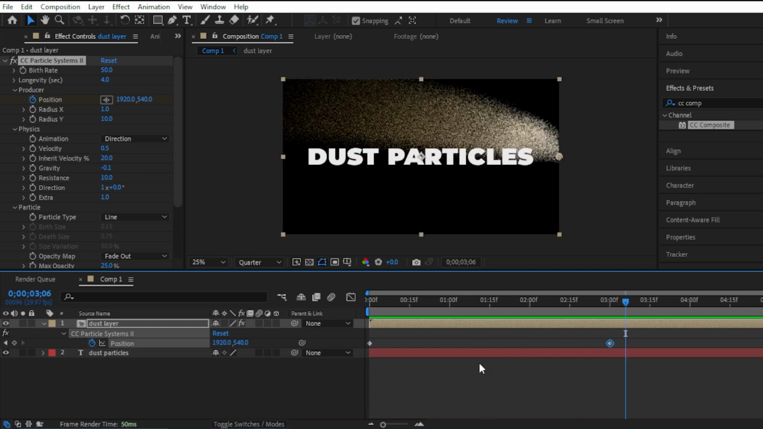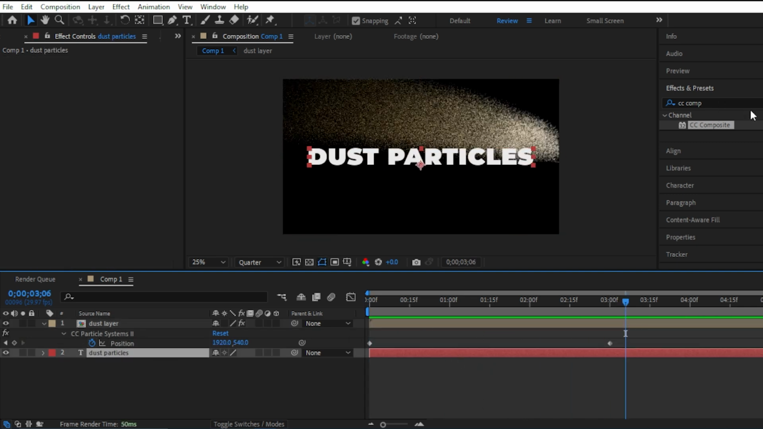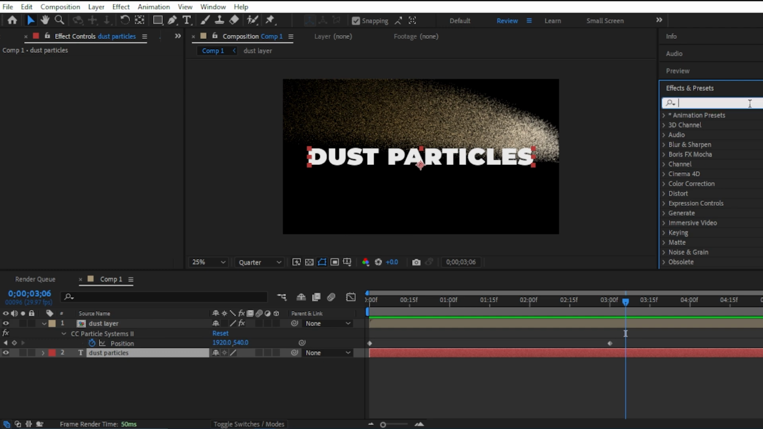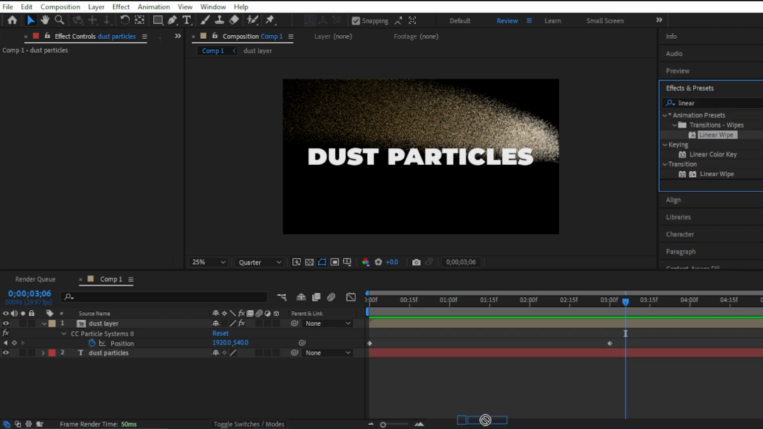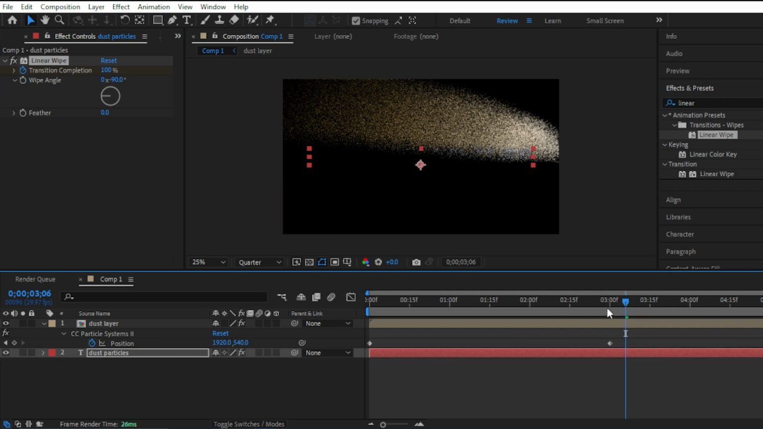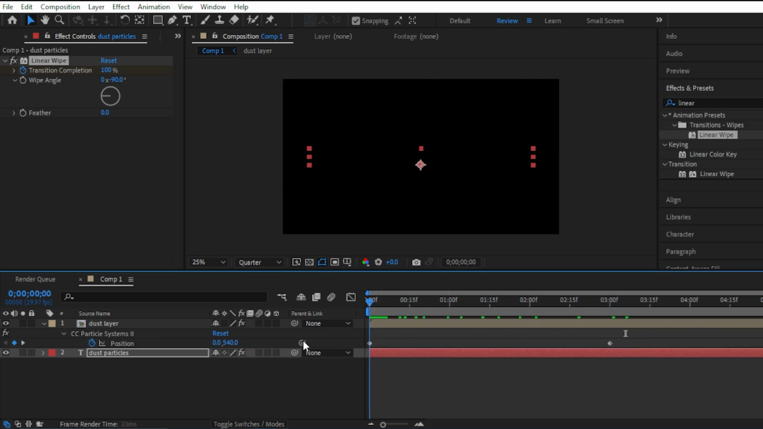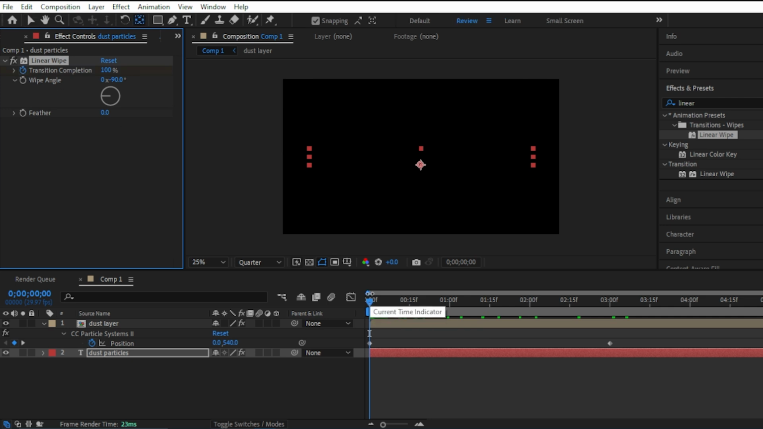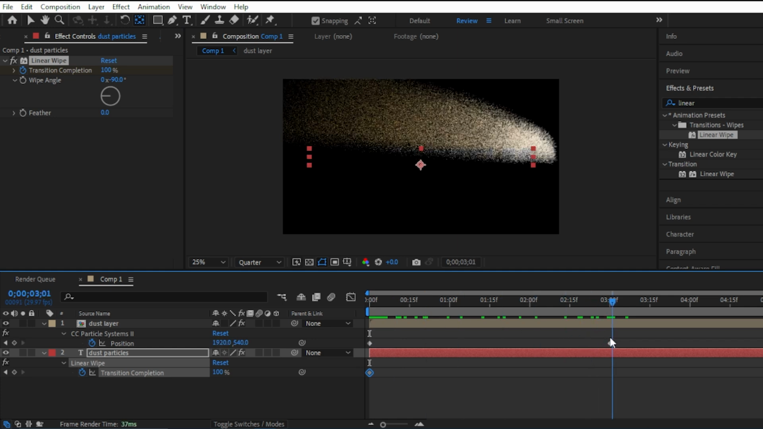Now we are going to be working with our previous dust particles text layer we created. So we are going to be searching for an effect called linear wipe, and we drop it on. Now we are going to be creating a keyframe. Make sure your time indicator is at the start. Press U to see the keyframes, and we move to 3 seconds again. Then we set the value to 0,